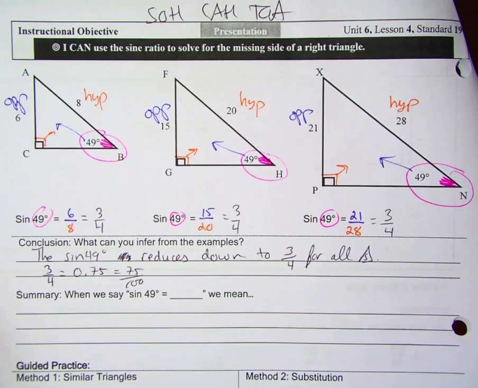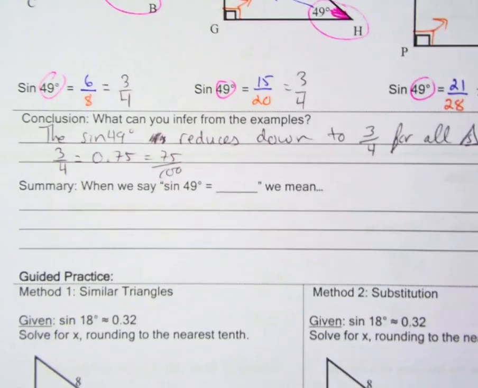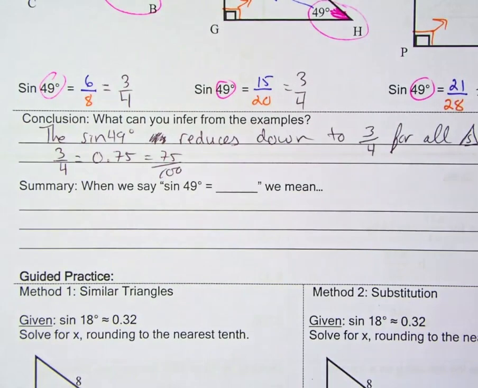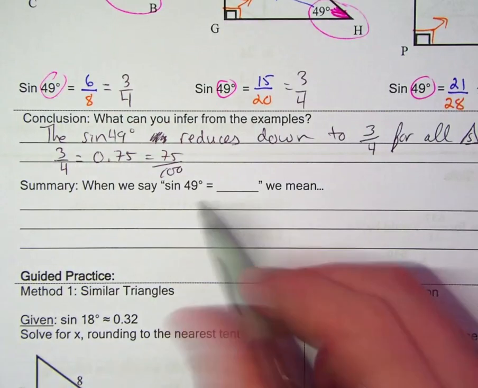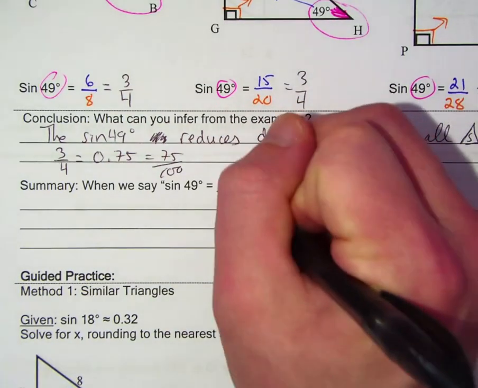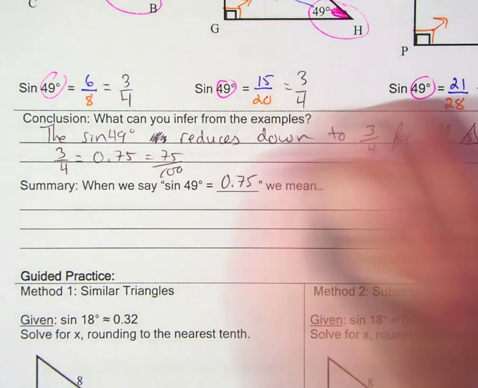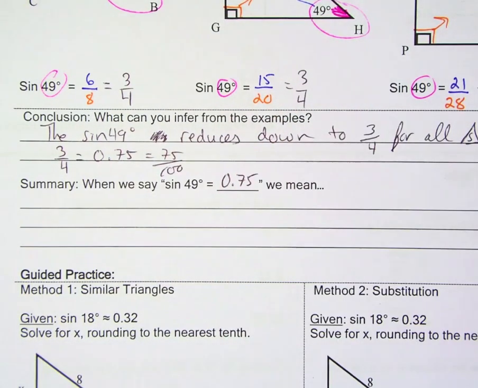Okay? So they all reduce down to the same thing. And what we're really saying then, when we say the sine of 49 degrees is equal to 3 over 4, or in this case we can say 75 hundredths, what we really mean to say is that all right triangles